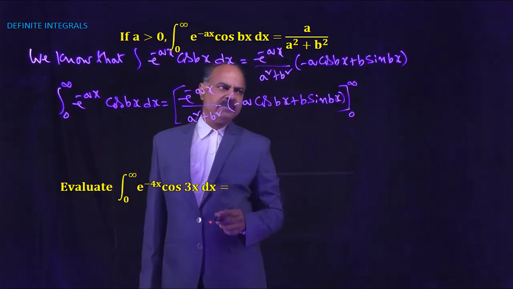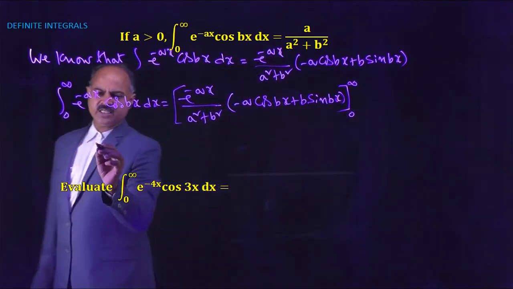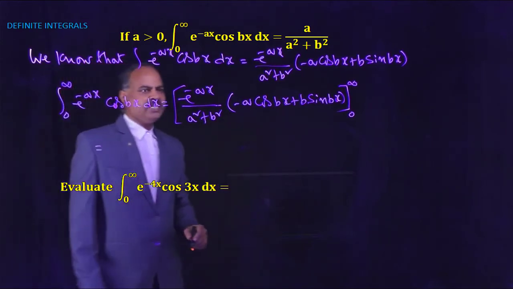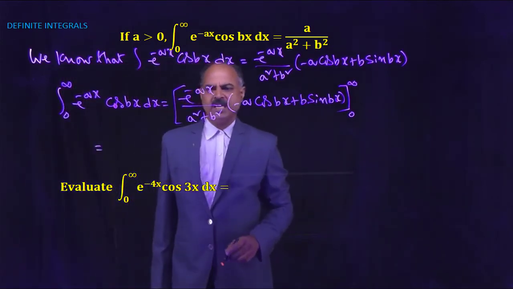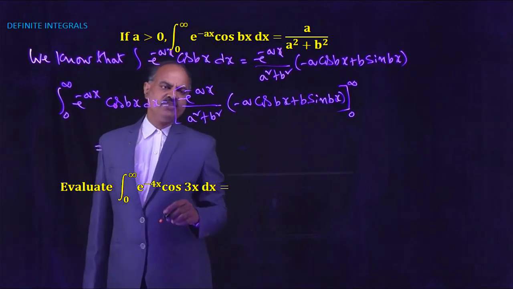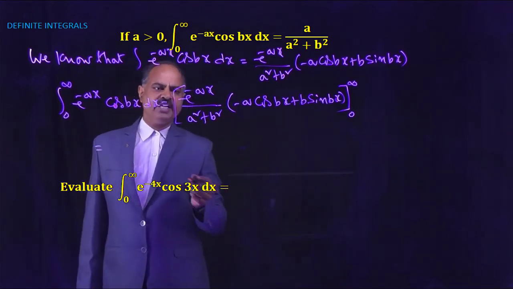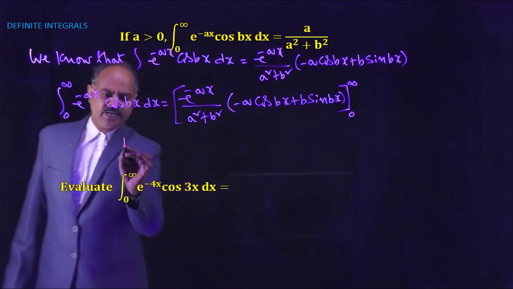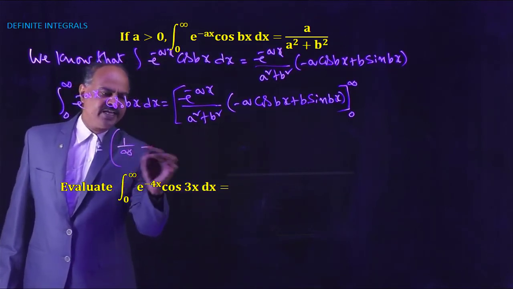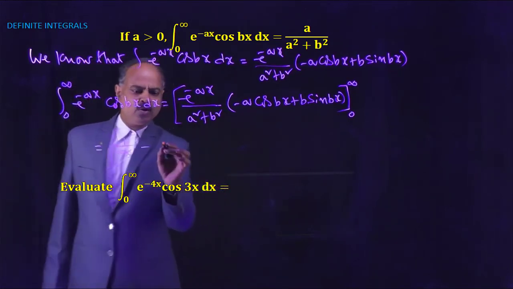Substitute the upper limit in place of x, so that equals e power minus infinity by a square plus b square. E power minus infinity equals 1 by e power infinity, which is 1 by infinity. So that equals 1 by infinity minus